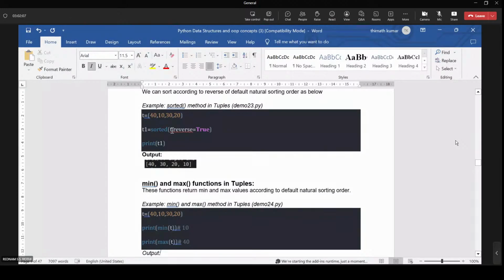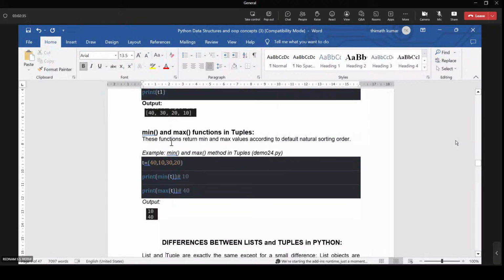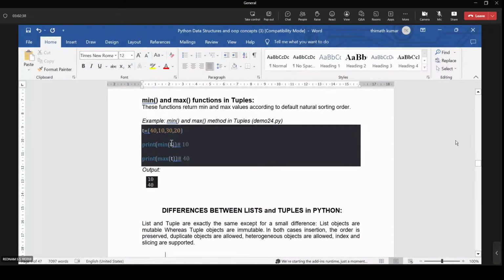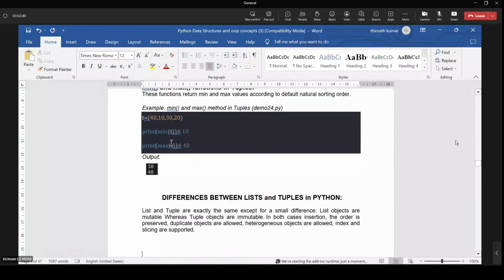One is the tuple, the next one is reverse equals true. Normally the sorted function always gives ascending order, whereas if we make reverse=True one of the parameters, then it gives descending order of the tuple. And min and max functions: the min function returns the minimum value of the tuple and the max function returns the maximum value of the tuple.